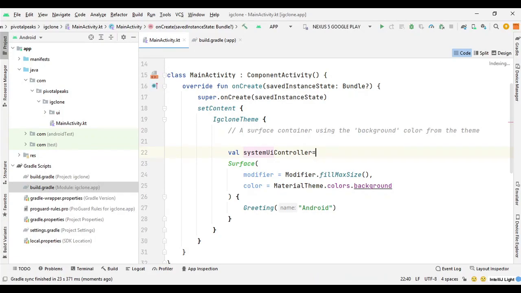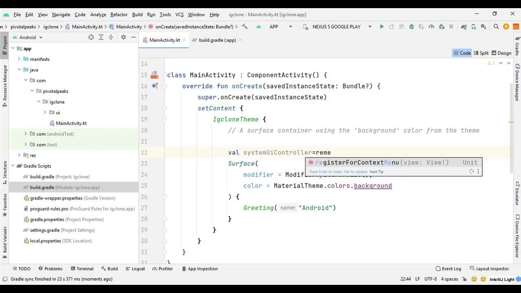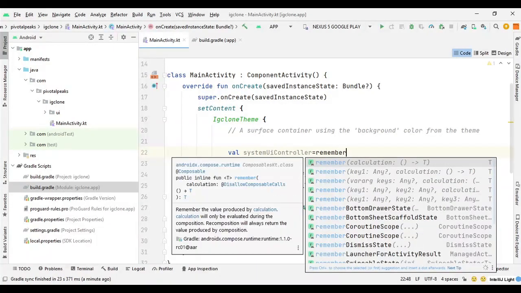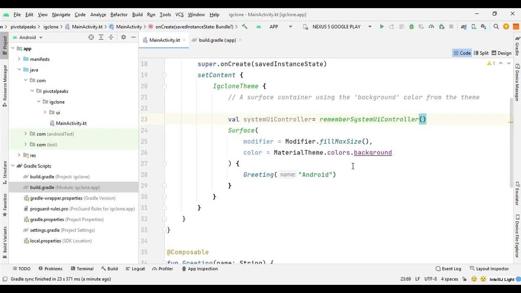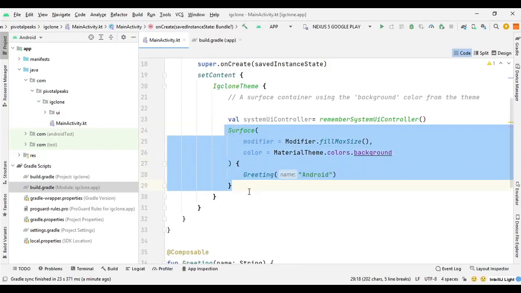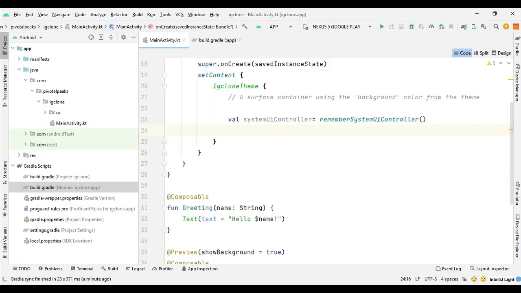and here we will use the remember system UI controller function. So remember, then we can set the system bar color inside a side effect block. So we can actually remove this surface block completely, and we can declare our side effect.